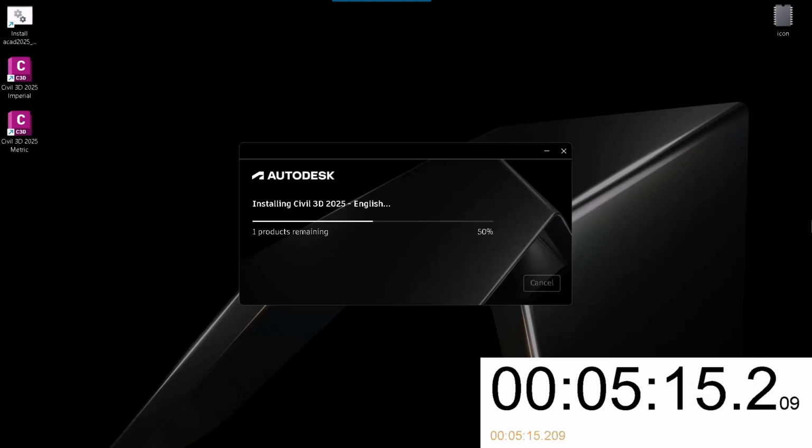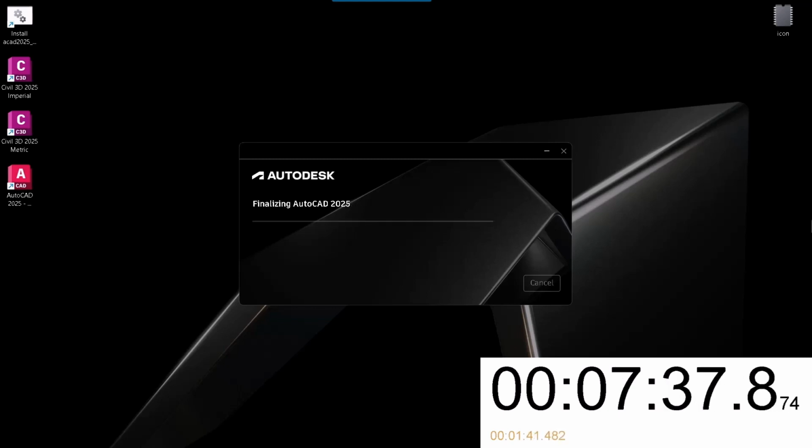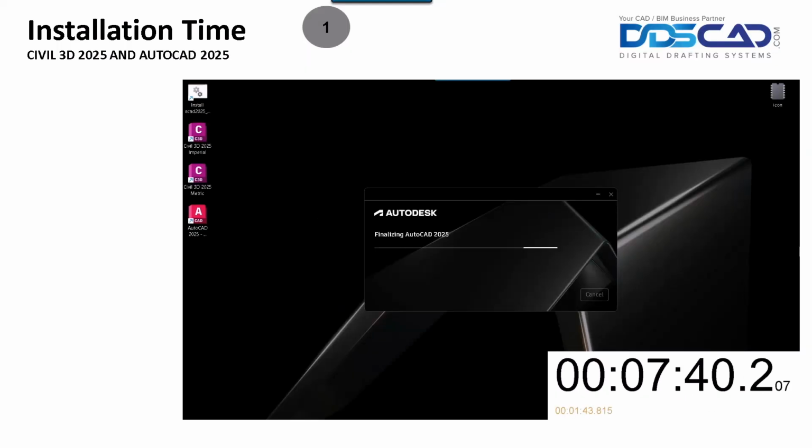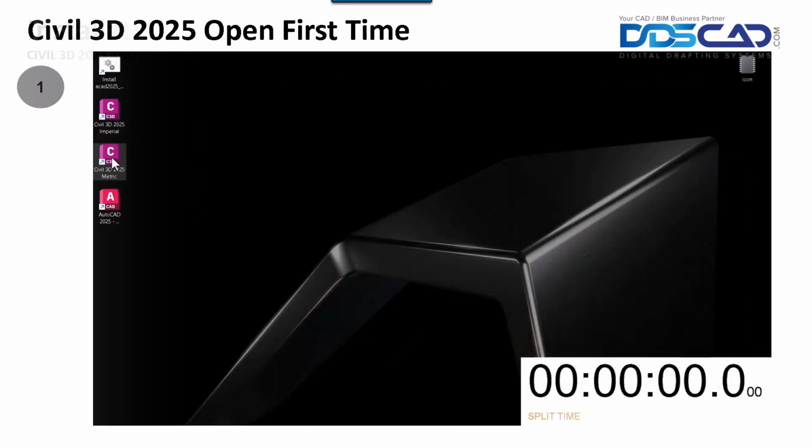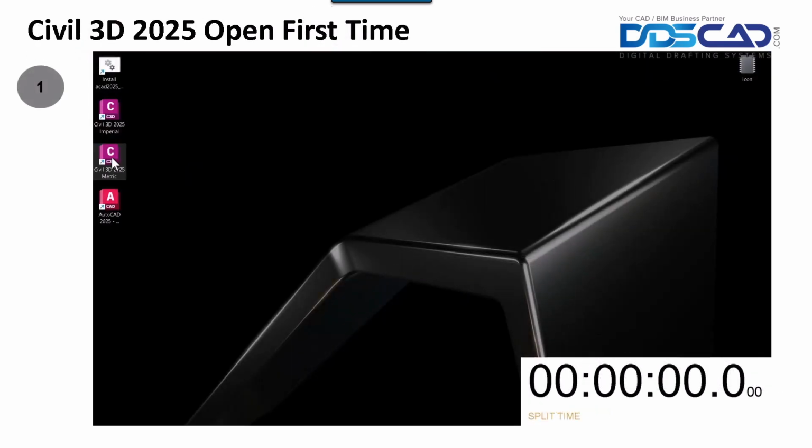Here we're observing it. It's reached the 5-minute mark and it's about to begin. AutoCAD 2025 installation has begun. The first icon is already visible. This will take about 1 minute and 20 seconds of our time. The task is completed. We will now continue with the discussion on the process of opening Civil 3D for the